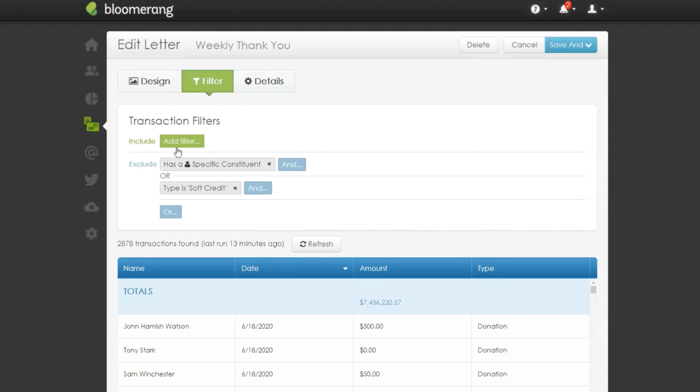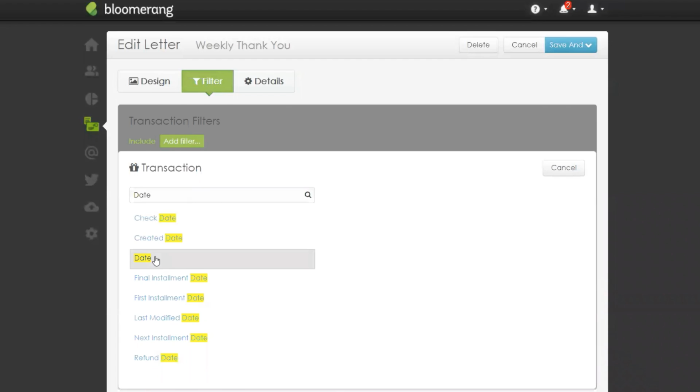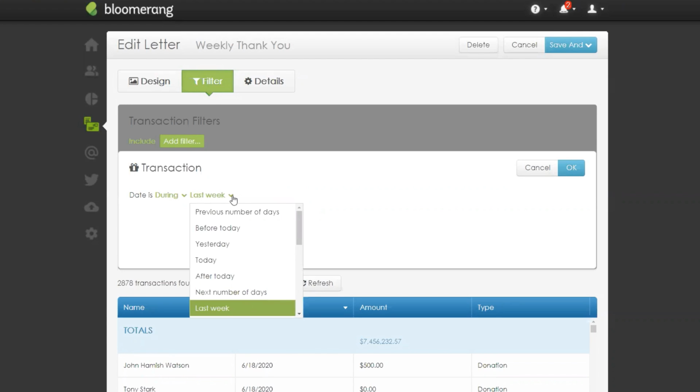But since these are my thank you letters, and for my organization, we send out our thank you letters on a weekly basis, well, that's what we'll filter for. So we'll go to Add Filter and filter by date. Right now it says during last week. I can always change this up. So for my organization's processes,